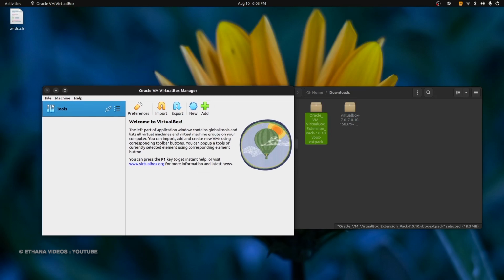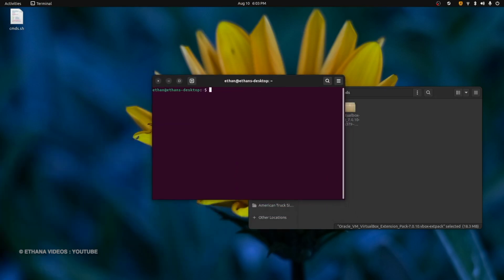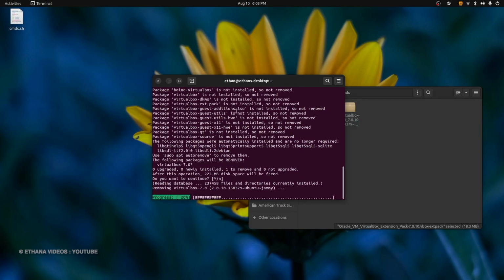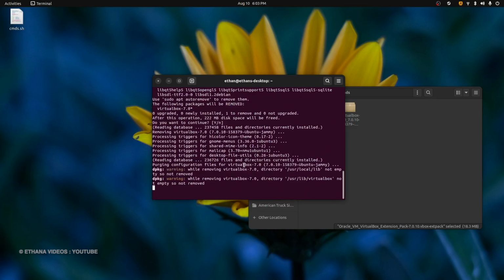Now let's work on removing it. So what I'm going to do is bring my terminal up. Let's close this down. We're going to come on over here, and we're just going to paste this in here. I have this in a text document. You'd have to enter in your password for this if you opened up a new terminal, but I've already ran a root command, sudo. So